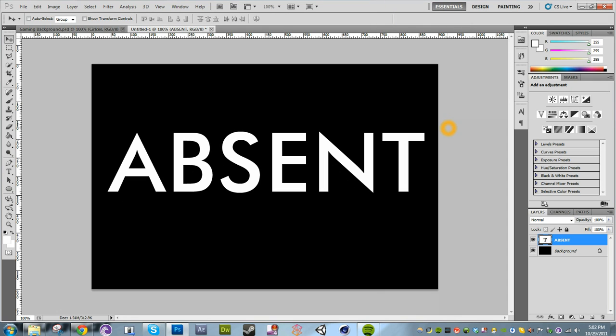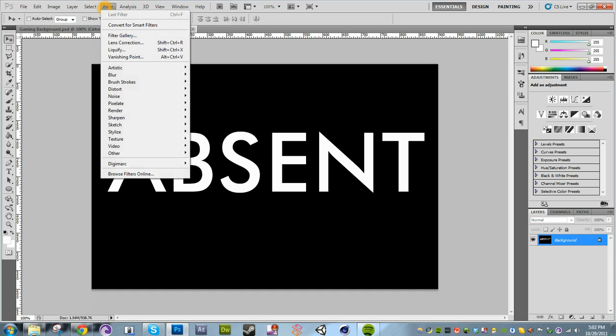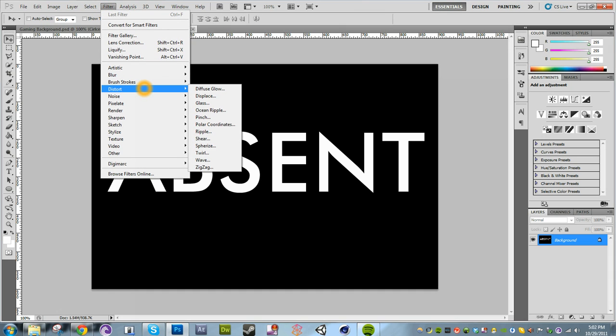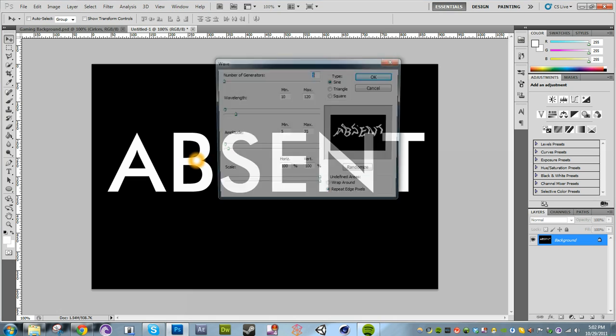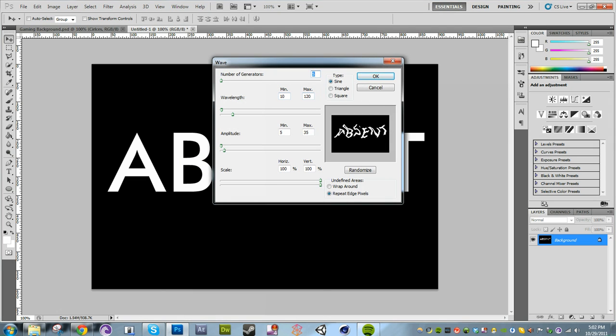And then from there we're gonna merge the text layer and the background layer. While the text layer is selected, control click the background layer too so you can select both. Then you do Command or Control E, and you've merged both of them into one layer. And then with that, we're gonna go to Filter, Distort, Wave, and then change the type to square, change the number of generators to 1,